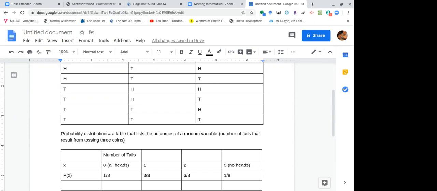It's a table that lists the outcomes of a random variable with the corresponding probabilities